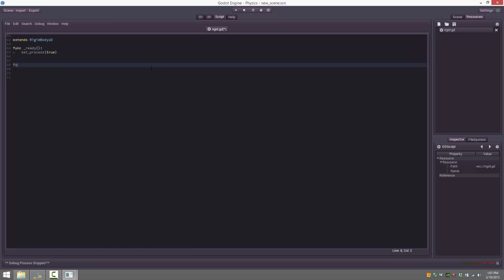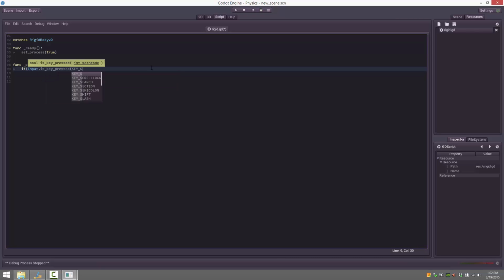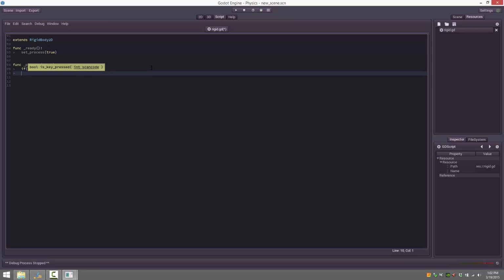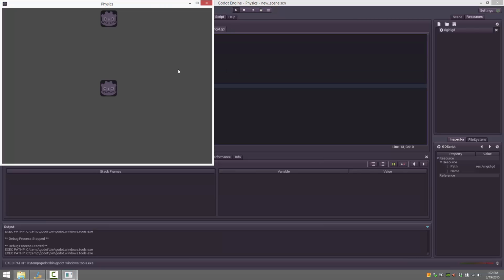And then we will go func process delta, and if input dot is key pressed key underscore space, self dot is sleeping, set sleeping false. So now nothing. I hit the space bar